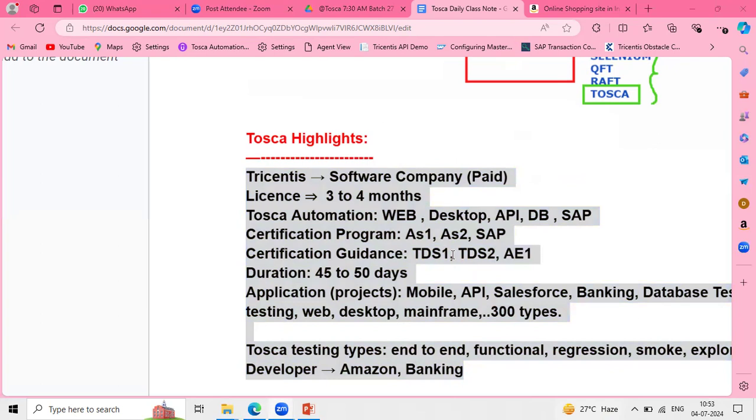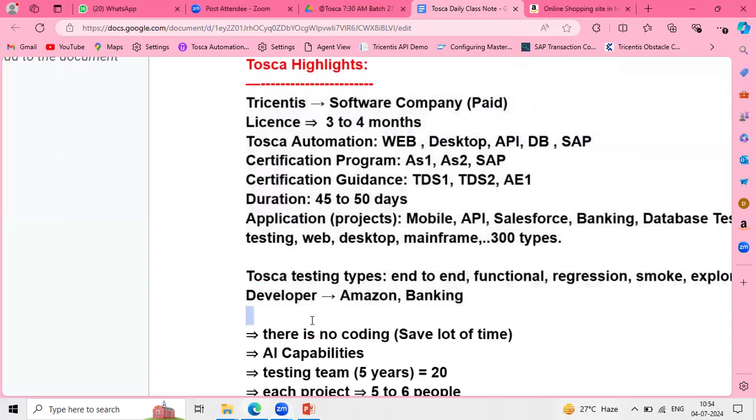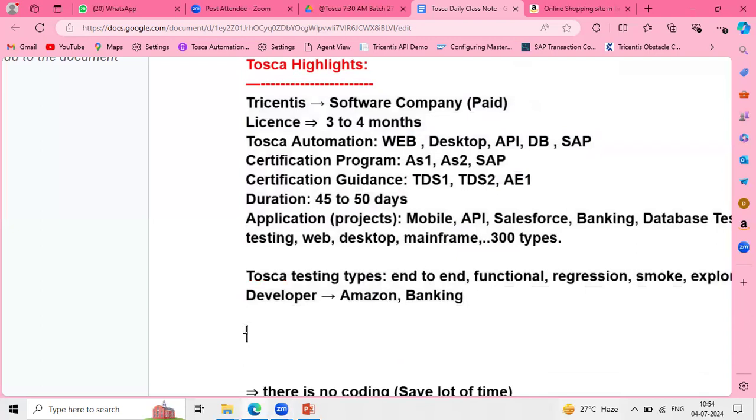Sorry to interrupt you. This is paid, and QTP or UFT is also paid, right? Do you think the license cost of the HP tool is more compared to Tricentis? That is one question. The other question is that Selenium is open source, right? Everybody is more into Selenium because the tool framework has no cost. So why does everybody want to get into this Tosca, excluding Selenium, though we need to pay for Tosca? What is so special here?